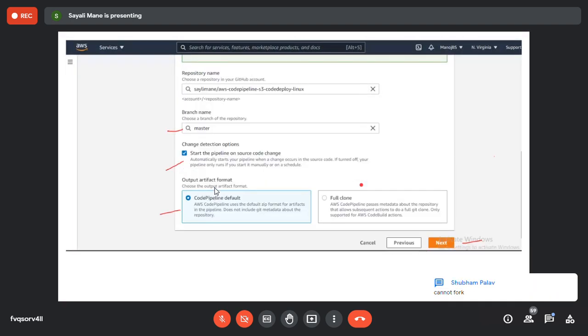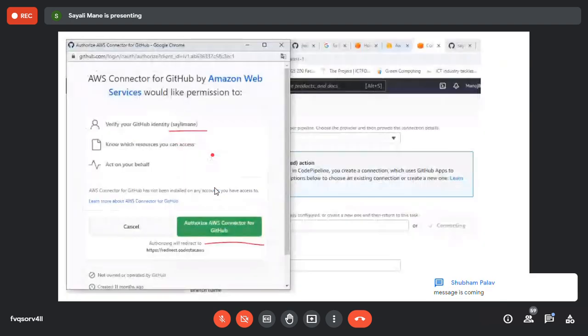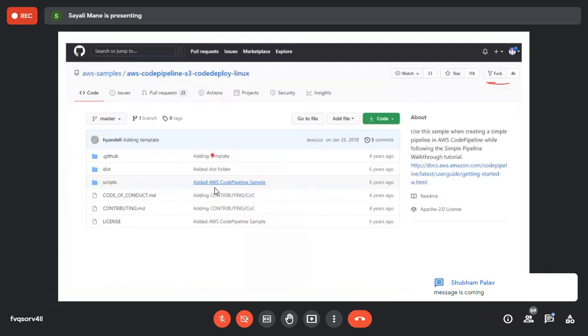Done? Ma'am, I cannot see that AWS CodePipeline in my repositories. Can you refresh this page? Refresh this page or open it once again and then click on the fork button, because it should come.